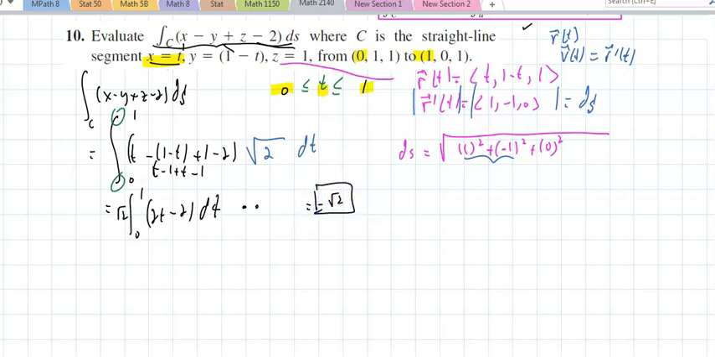I'm getting that from my notes. I'm trying to do as many evens as possible. If I run into an integral that really is